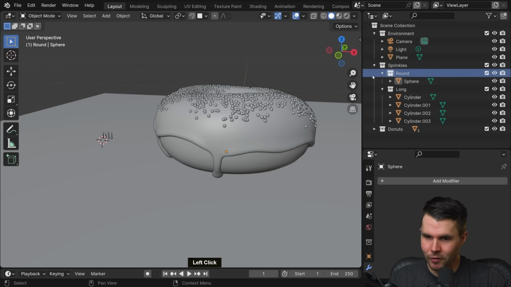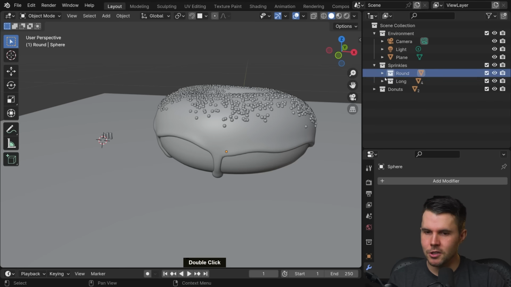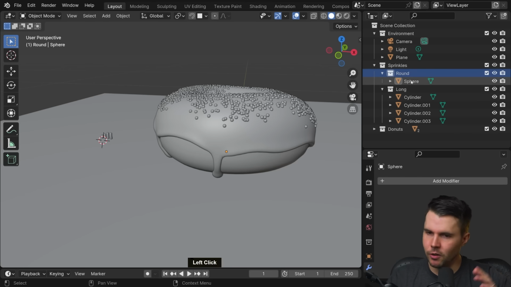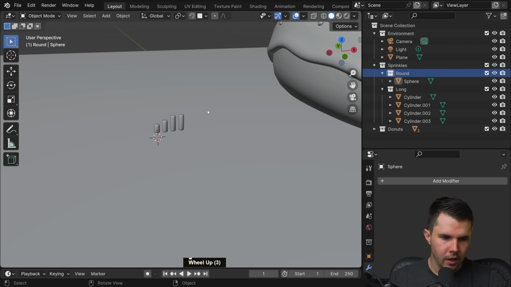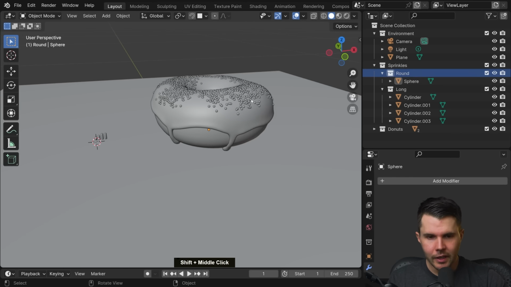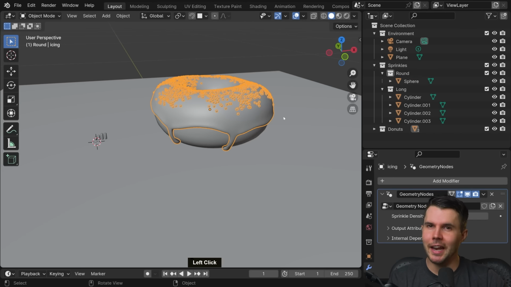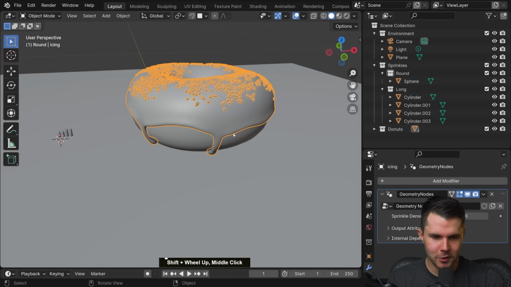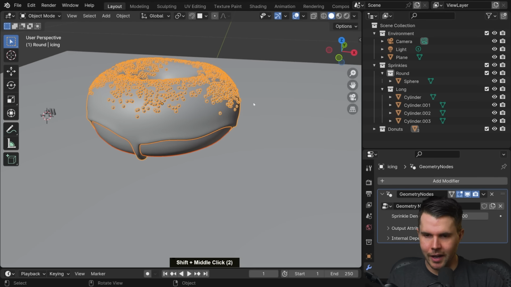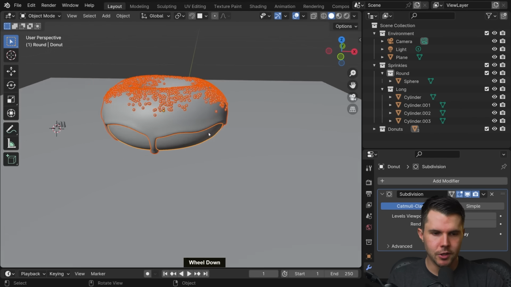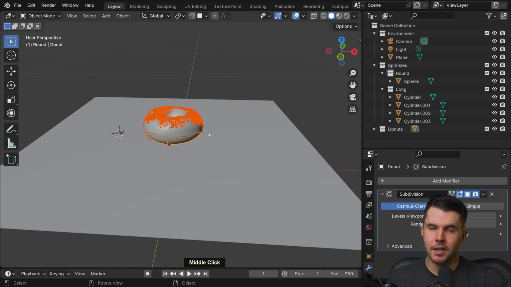Environment. Okay, so we've got some organization in our scene so that as we add and grow our scene, it's not going to get too crazy. All right, so it's also good that we've created collections because we can now use that to scatter across the geometry nodes. So with our donut here, the icing and the donut, we're going to create a duplicate,